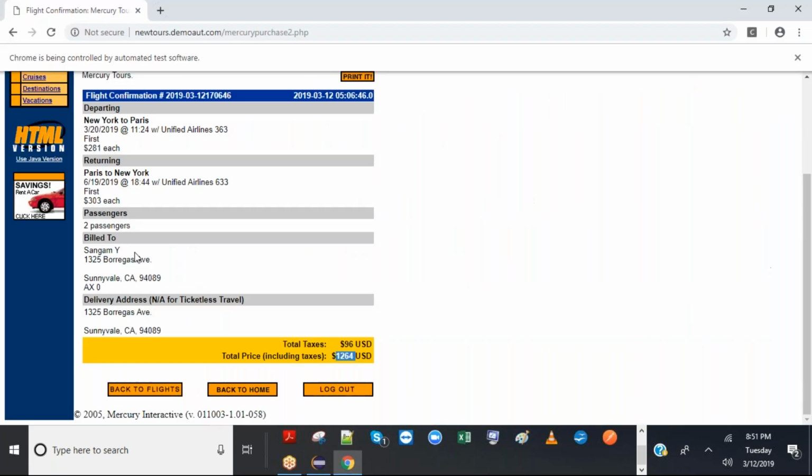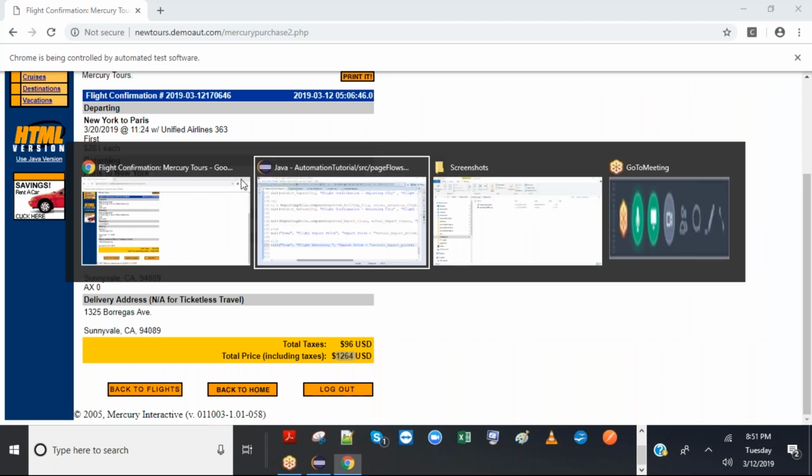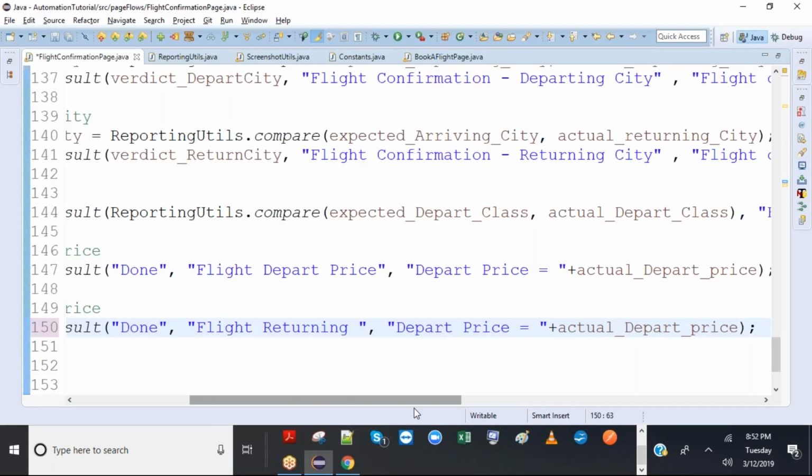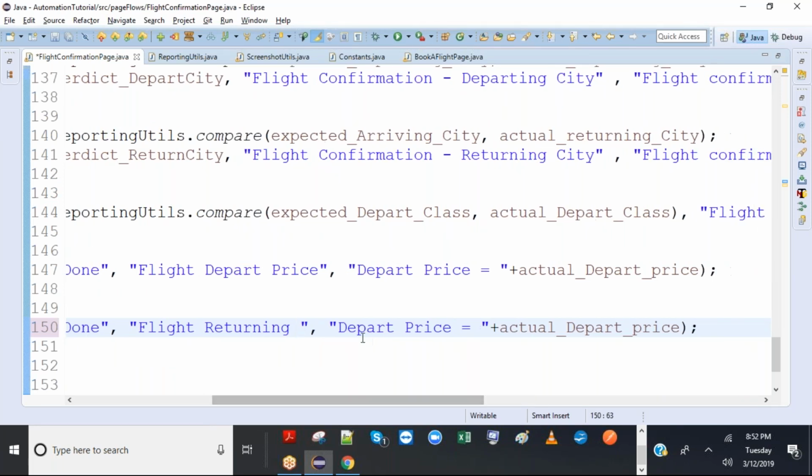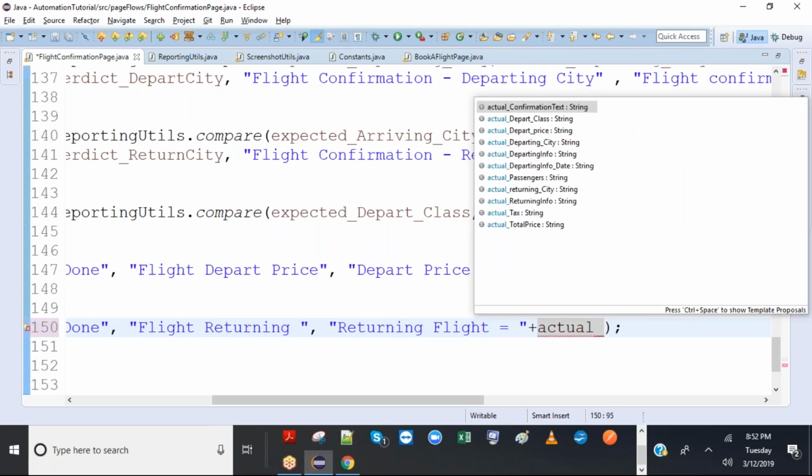Did we not confuse this returning with this returning? No, right? So let's make sure, otherwise it will fail. But if it fails, we'll look at it. So depart returning flight, actual returning flight, actual returning info. Yeah, I think we did.